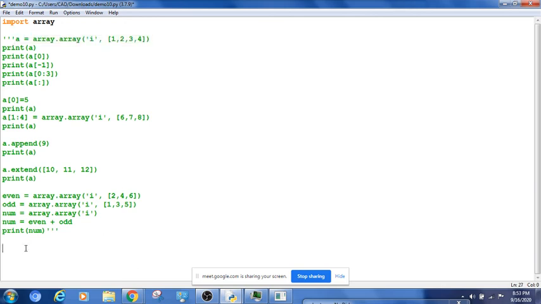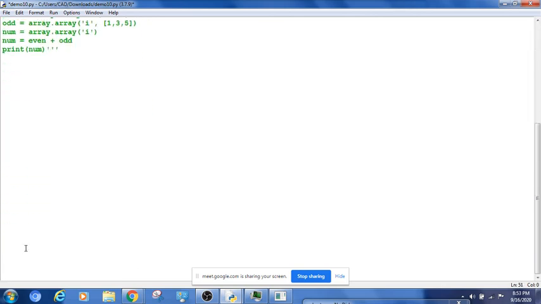So we have 5 minutes. A dot remove, that is one way to remove. If you know the element which you want to remove, simply use the remove function, as someone has said already.